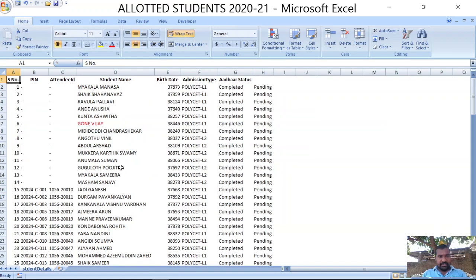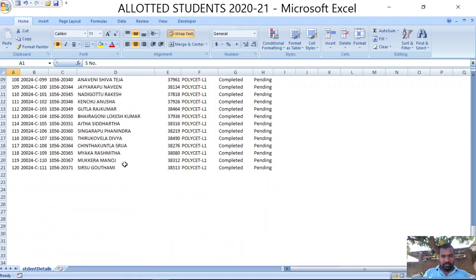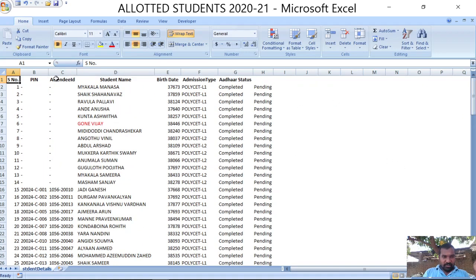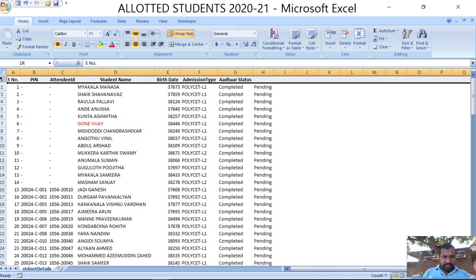Right, let us go with this sheet. Here I have an already existing file. It contains the allotted students in the 2021 academic year, all the first year students. So you can observe here, this is the heading.